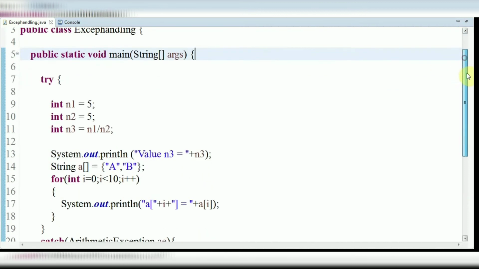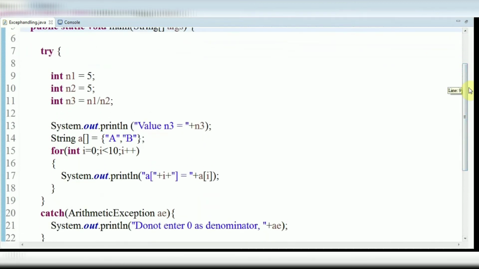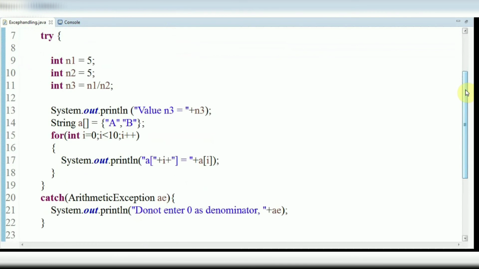Then you can observe the try block. Exception handling is used to handle runtime errors. We need to write the piece of code where we think there is a possibility of exceptions, dynamic errors or runtime errors, in the try block. And we can define different catch blocks for different types of exceptions, or else we can just put one catch block for all different exceptions.